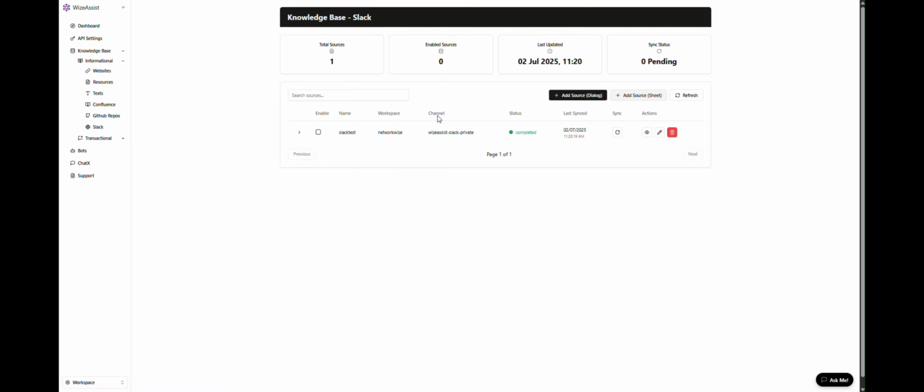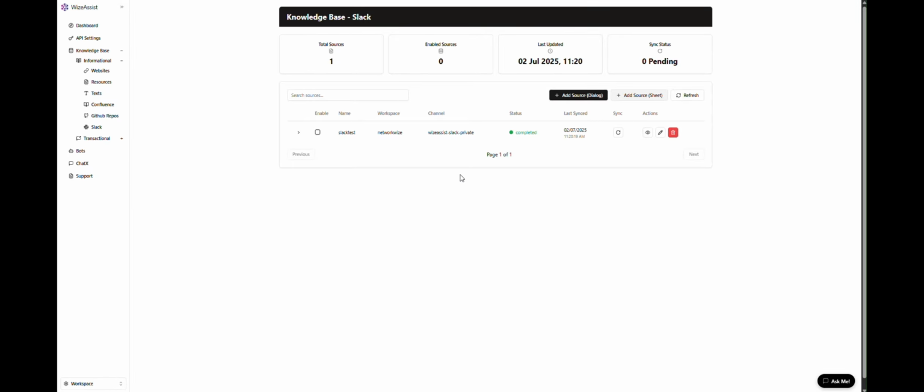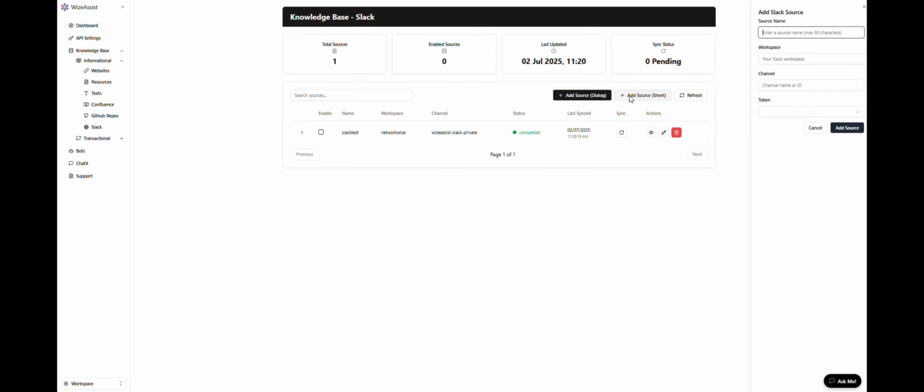Finally, let's look at Slack integration. The Slack section allows WizeAssist to learn from conversations in your Slack workspace. Before adding a Slack source, make sure you've already configured a Slack API credential in API settings. Click Add, enter a name for the source, select your workspace and channel, then choose the appropriate Slack token from